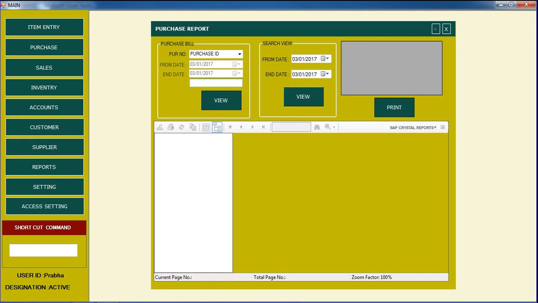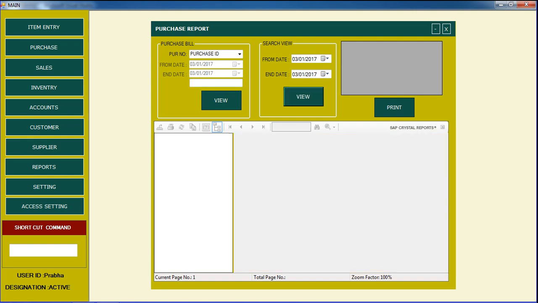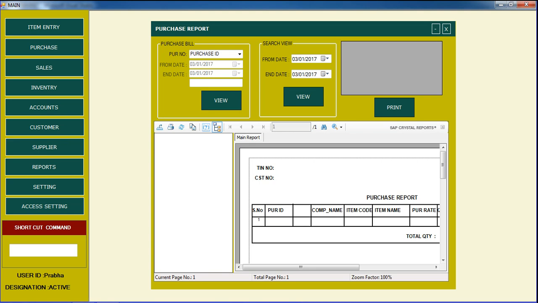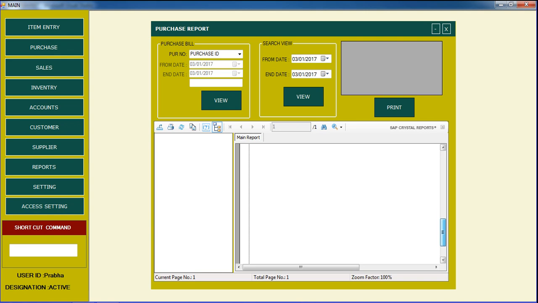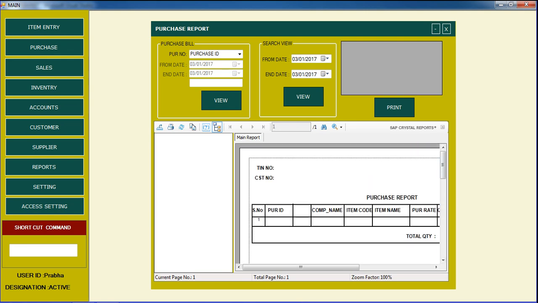If you want to fetch a report, just click view and it will be displayed. Purchase report means what I purchased from the supplier. That record, see, simple. To generate this report, you should install SAP Crystal Reporter. After that only you can